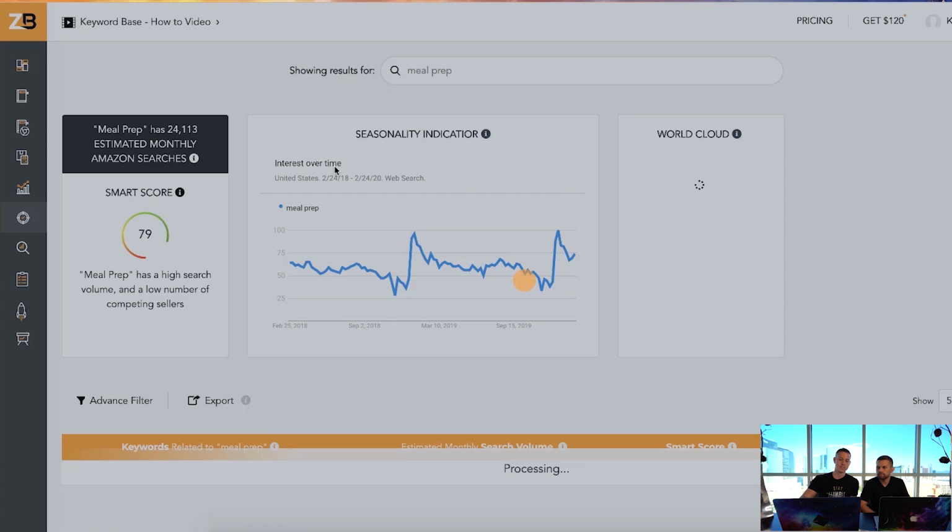We see a lot of consistent demand throughout the year. Do you look for products that do have seasonality or that have consistent year-round demand? It really doesn't matter as long as you're willing to proportion out. So if you're stuck, I would recommend your first 1 to 5 products not be seasonal, and then as you're diversifying your portfolio of products, it's good to have some that are big in multiple different types